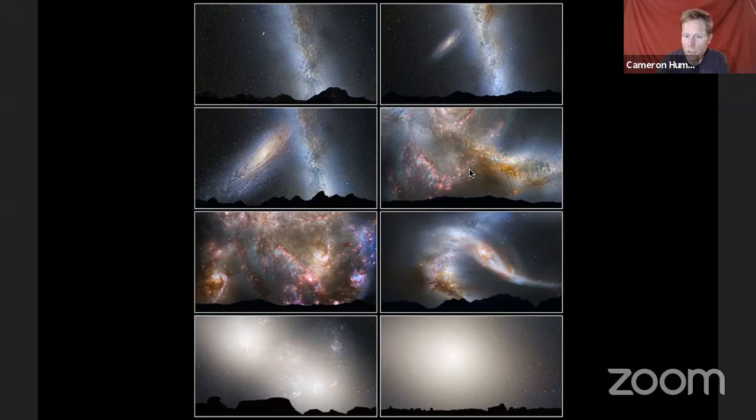interaction where things are kind of going haywire. There's a burst of star formation. That's essentially what's happening through this. And then actually this image down here in the lower left corner is what things would look like from the surface of the Earth at about 5 billion years in the future. So we haven't fully coalesced into Milkomeda, but we're getting there. And you can see there are still pockets of this red and blue and kind of purplish star formation that's going on. But more of the distribution of the stars are defined by this less featureful Milkomeda structure